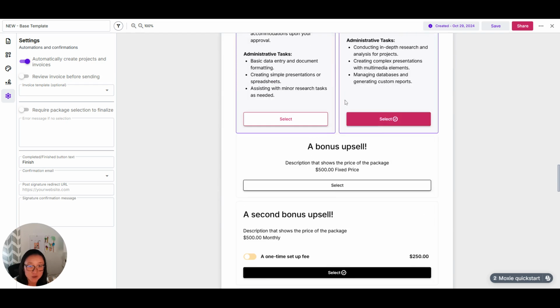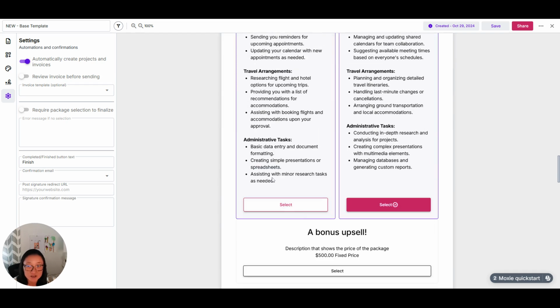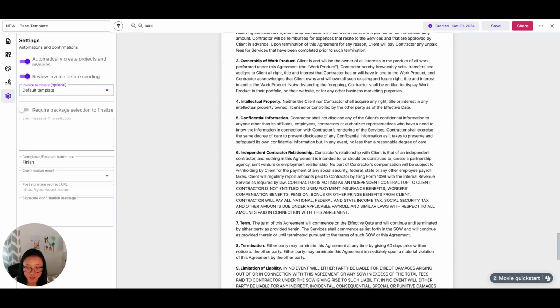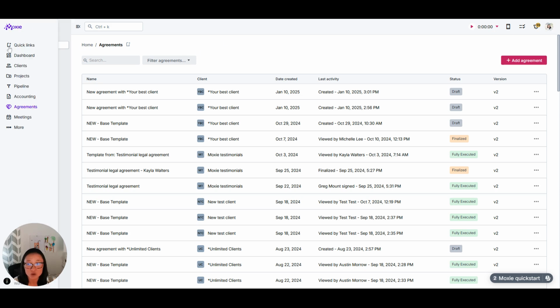So based on what your client chooses here, Moxie is going to create an invoice for you as well as all of the projects. If you wanted to review that, you could turn this on. You can choose which invoice template you're using. And then once your client signs this agreement, the invoice will be created